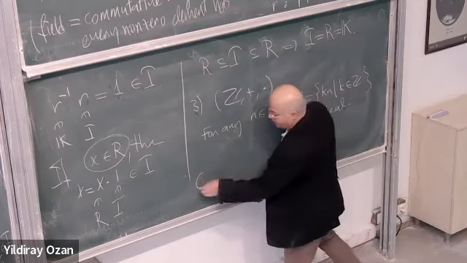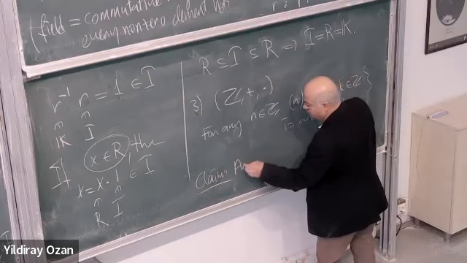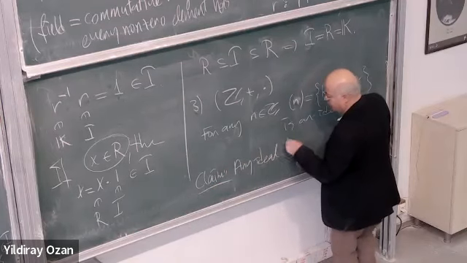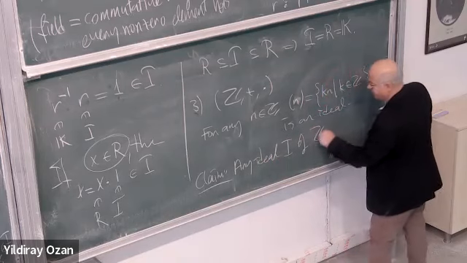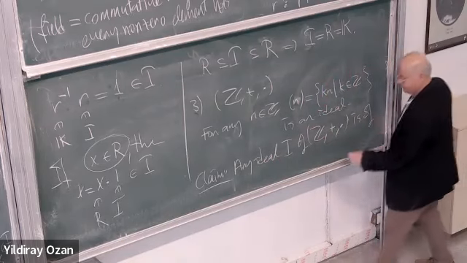So, claim: any ideal I of Z is of the form